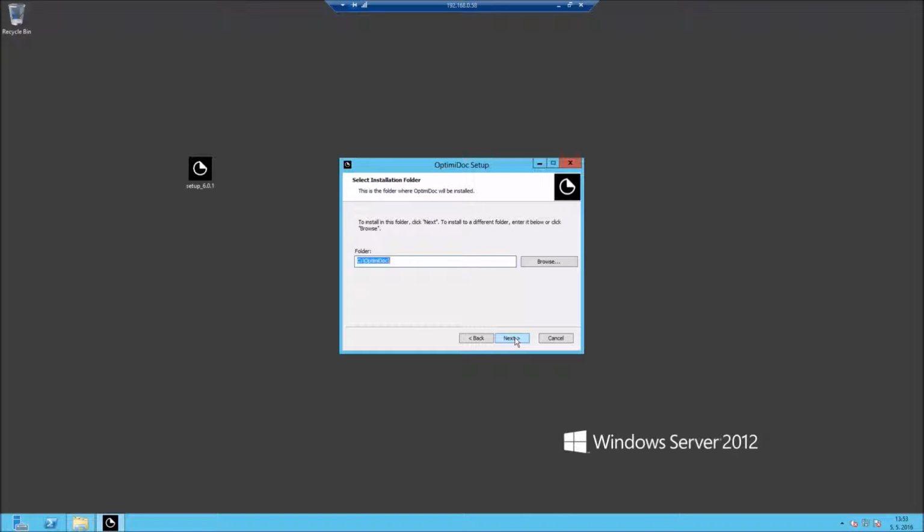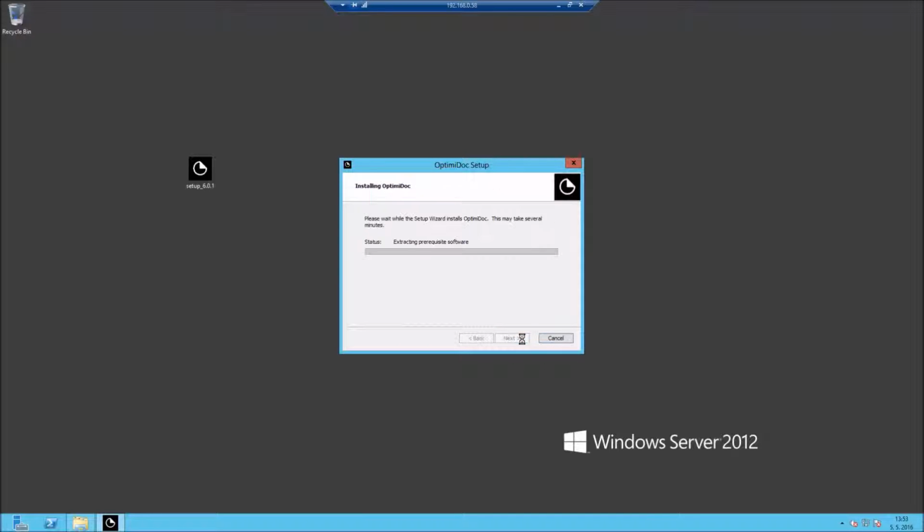final destination where the OptimiDoc will be installed. I will leave again the default value, so the C drive or system drive and the OptimiDoc. The last is the confirmation that I want to install the system, and that's all what I need to do